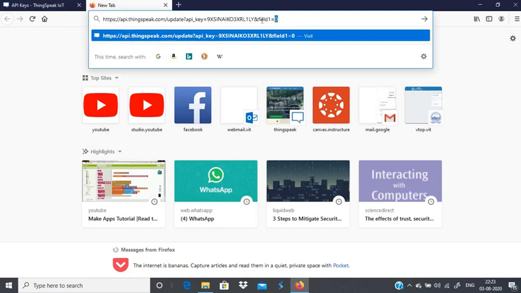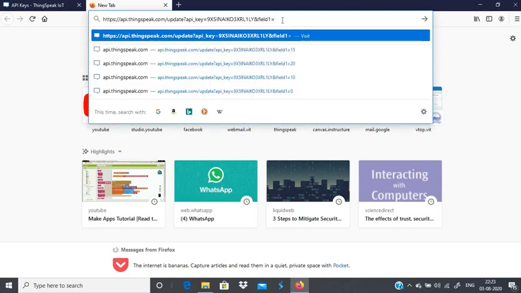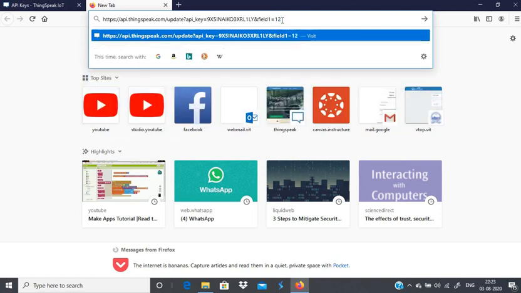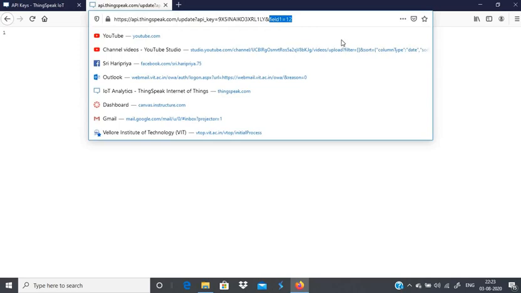Here you can see field 1. In field 1 we are going to fill the data, and the data which you want to fill, you can enter it here. It is 0. So we'll try to fill it with 12. That is the first data. Click enter. That's it. In field 1 we have entered 12. That is the first data. The number of data we are entering here is 1.